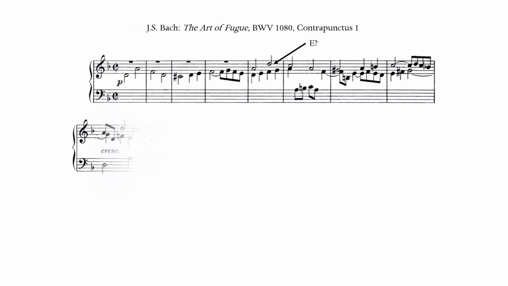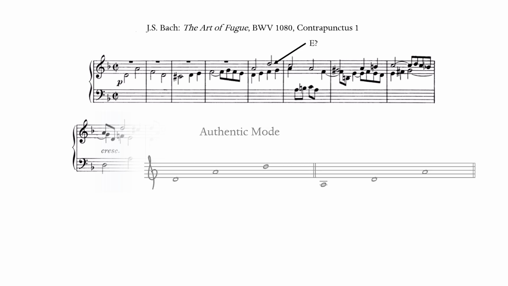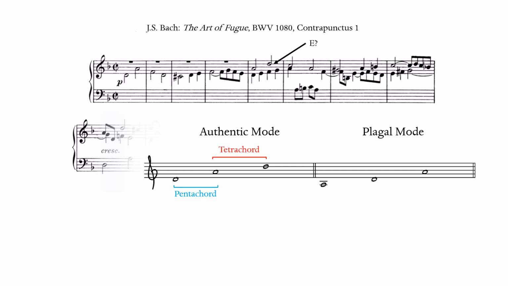The reason has to do with the traditional definitions of the modes. Modes were defined not just by their first and final tones, but also by how their octave range is divided. The octave of an authentic mode, like Dorian, was divided into a lower fifth, or pentachord, and an upper fourth, or tetrachord. Plagal modes, on the other hand, such as hypodorian, were conceived as having the tetrachord on bottom and